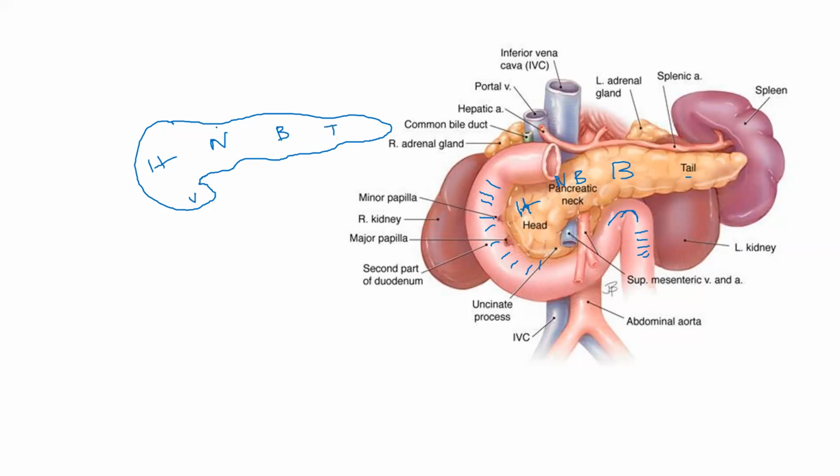Now, where is superior mesenteric artery? It was lying posterior to the body of pancreas. Then here it will run on the anterior surface of the uncinate process. Can you see that here? This is your superior mesenteric artery. Yeah, so it lies actually posterior to the body of the pancreas. It lies on the anterior surface of uncinate process. What is below that? This is your third part of duodenum. It rests anterior to the third part of duodenum.